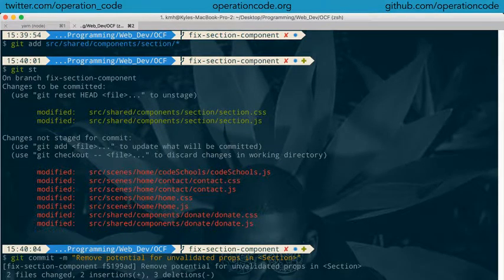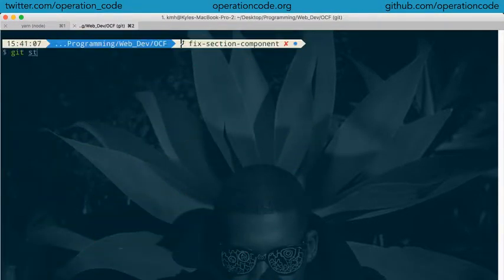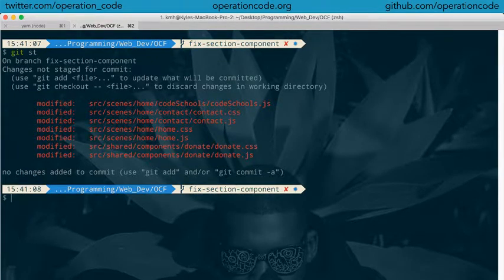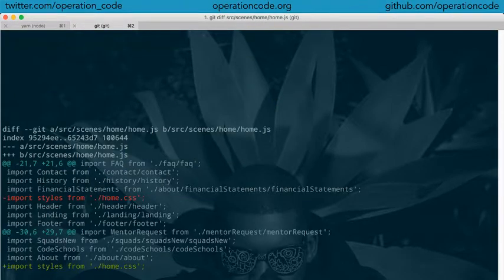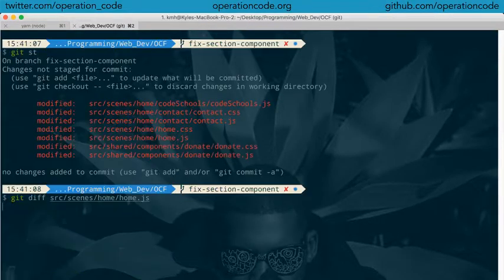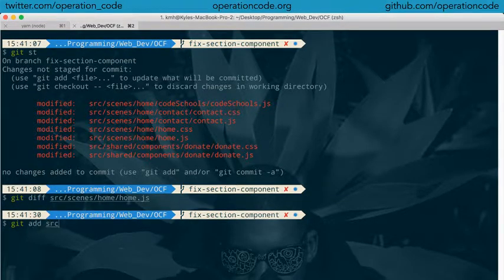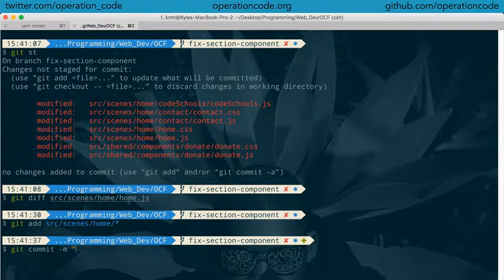Now let's see what other changes I need to talk about. I want to see what I did inside of home.JS. I know what I did in CSS. Oh, I just moved that. Okay, sure. Git add source scenes home. Not ho. Git commit, and then, so the change that I made to home, if you remember, like hours ago,